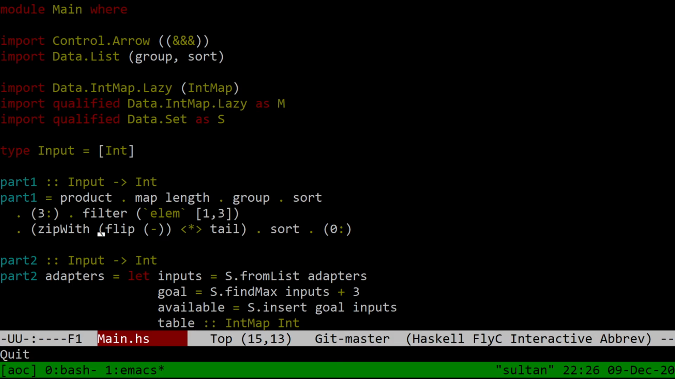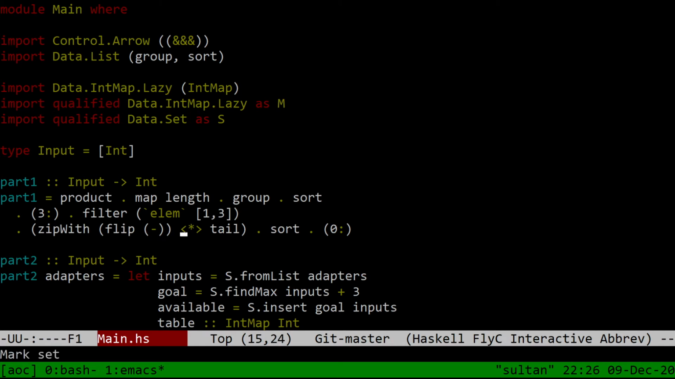Normally you would just zipWith minus to compute the pairwise difference, but in this case our list is in ascending order, so we want to flip minus. And this is the same trick we've seen before of zip times tail here, or whatever you're supposed to call this function, ap, I don't know. Where we call this zipWith flip minus with